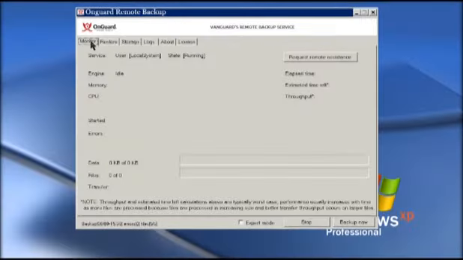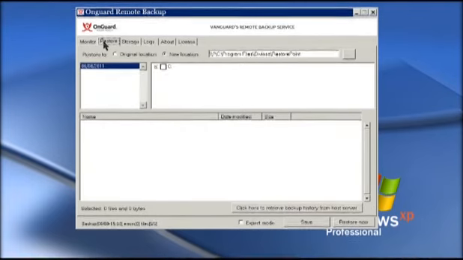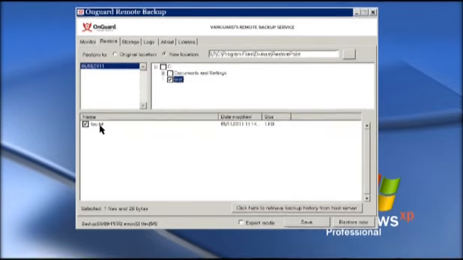So now you've backed up some files, but it's time to restore those files. We'll start out by going to the Restore tab, choosing the date. In my case, I've only got 6/8/2011 showing because that's the only backup I have on this particular backup client. And then selecting the files. In my case, I'll just select the whole test directory, and as you can see, I've got one file that I have backed up inside that directory.